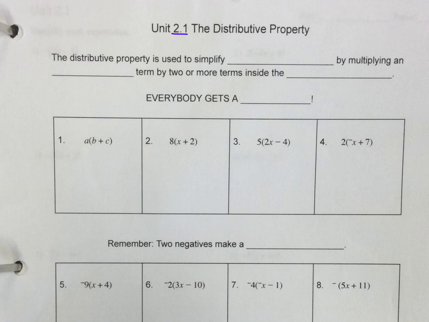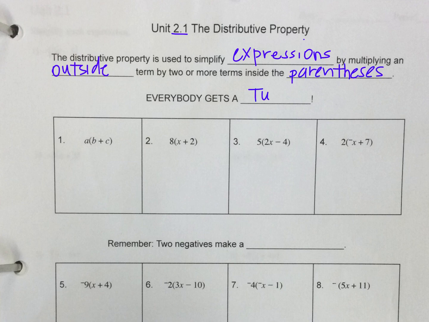These are 2.1 notes. The distributive property is used to simplify expressions by multiplying an outside term by two or more terms inside the parentheses. I like to say that everybody gets a turn. So the key word in that little sentence that you need to remember and keep in mind is